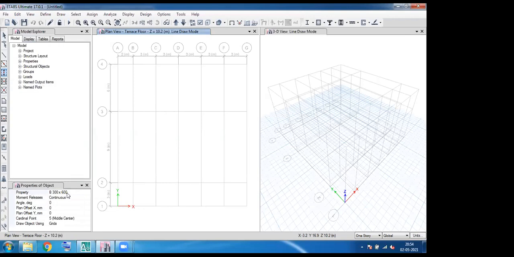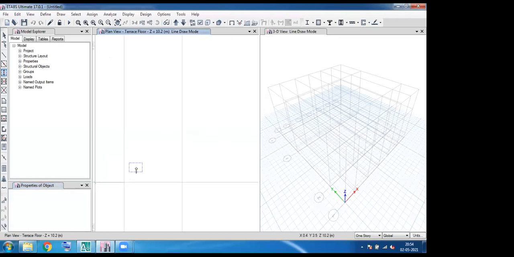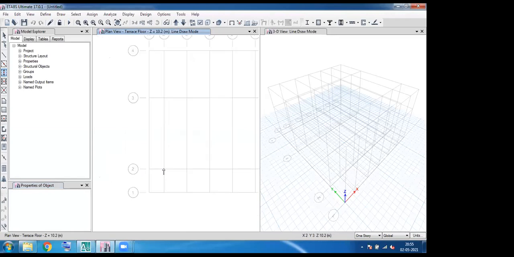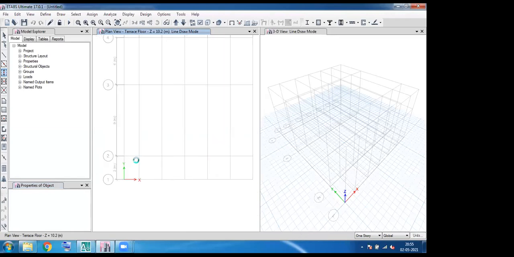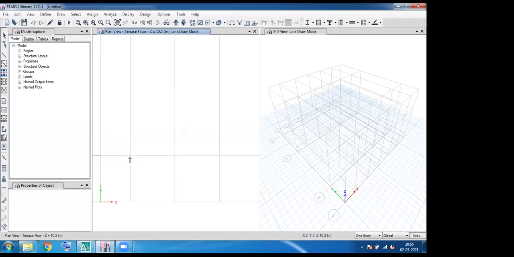The property shows B300 by 600, which is a beam property, but I'm going to create a column. So just choose 300 by 450. Now you can see in my cursor, it is showing the column. Wherever you need a column as per the drawing, just go and click that grid.